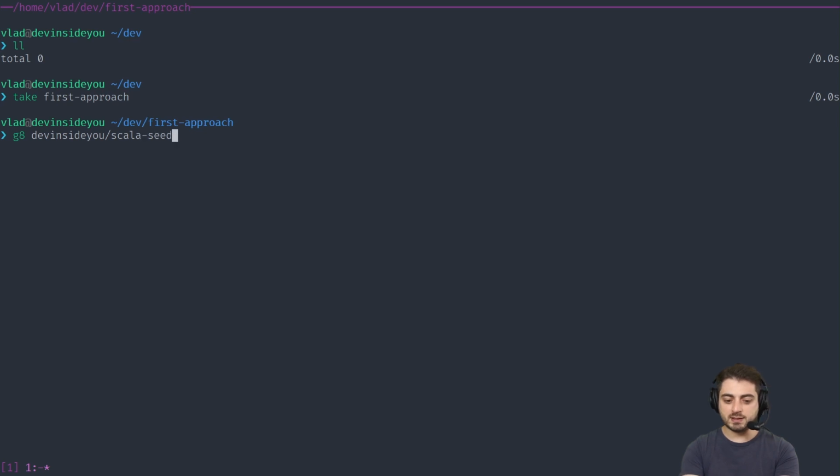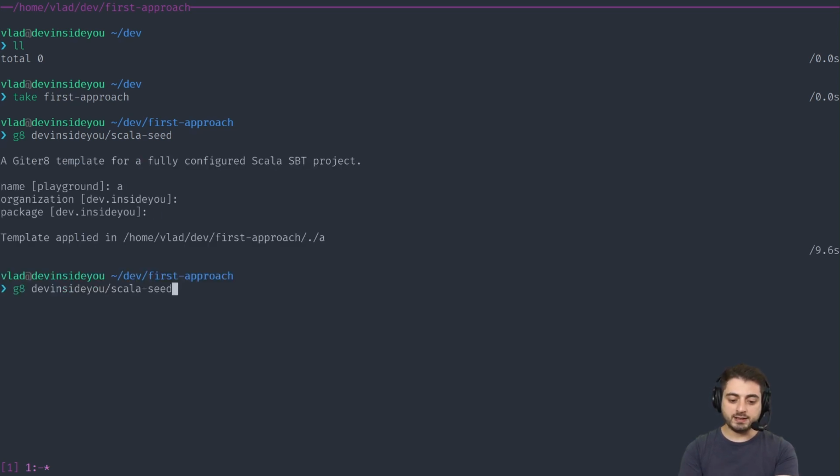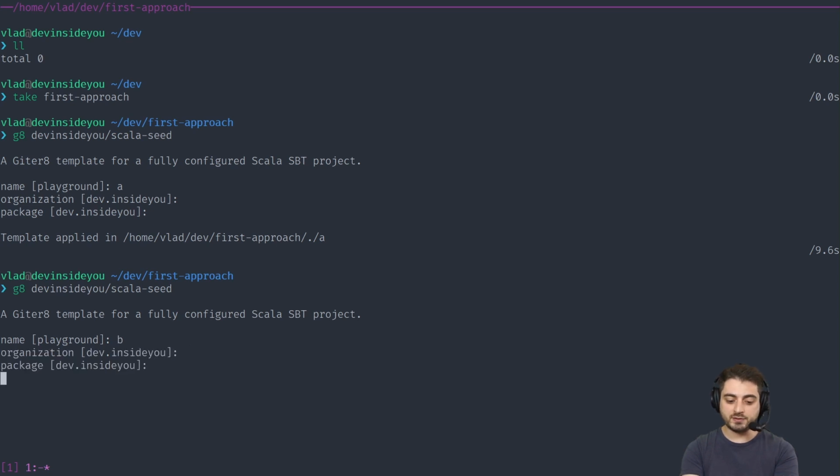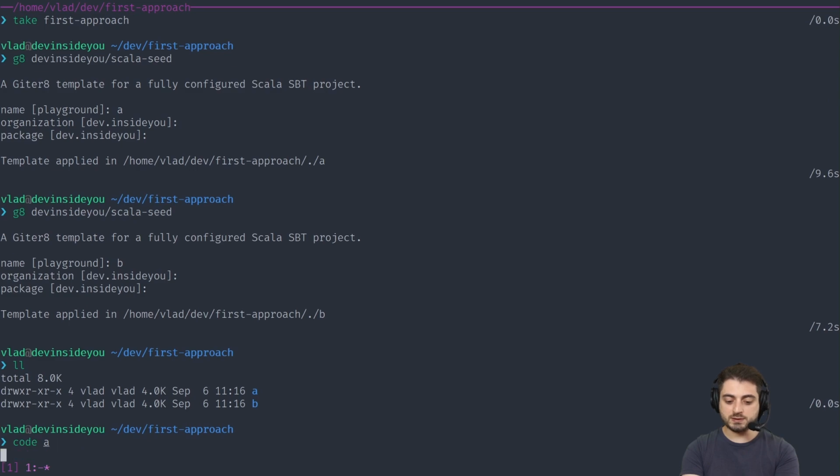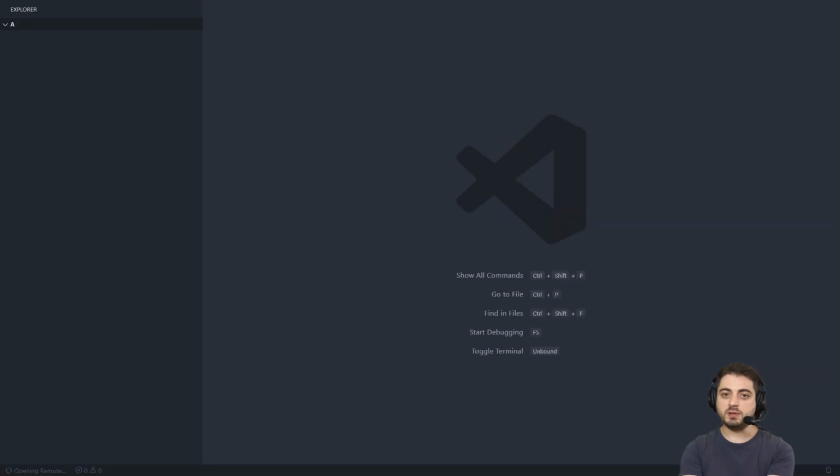We're going with Scala 2 today. So this is going to be the first one. This is going to be our playground. We're going to call it simply Project A. Enter, enter, enter. And we're going to create another one, and this one is going to be Project B. Project B is going to be sort of like the library, sort of like CATS. So A is going to have the dependency on B. Okay, enter, enter, enter. So we have both of them right here, and we're going to open the first one with Visual Studio Code. We probably won't even open the second one.